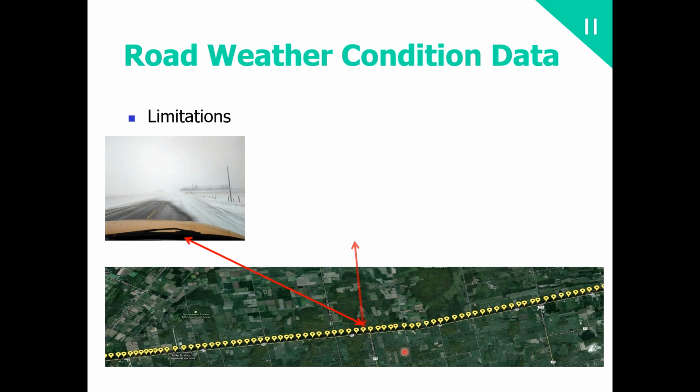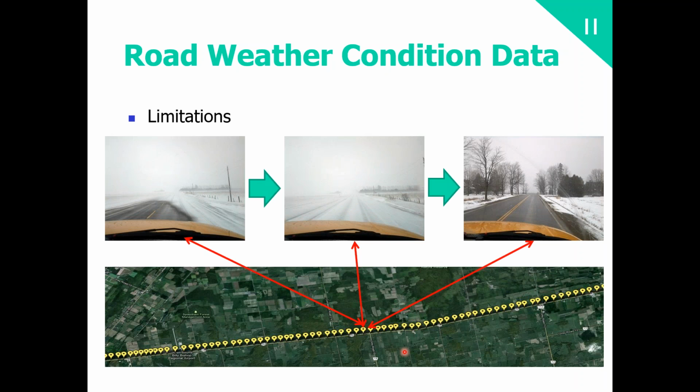However, we have to be careful when using this data set because since it's located along the side of the road, its measurements are static in nature, meaning that the observations collected by the system can have a limited spatial representativeness. So as you can see, weather can vary from one location to another. Since the stationary RWIS, the RWIS that we talked about so far, is apart from other ones anywhere between 30 to 50 kilometers, and only provides spot readings, the road condition that we analyze from the collected data may not